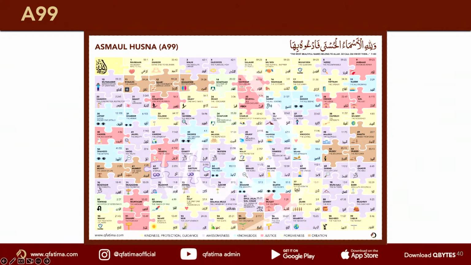People always ask for Ism Azam. The 2 from which all the names come are Ya Hayyu and Ya Qayyum. Battle of Badr. Can you find Hayy and Qayyum? We've actually highlighted them. Imam Ali said that in the Battle of Badr, he went to see what the Prophet was reciting all the time. And the Prophet was always reciting, Ya Hayyu, Ya Qayyum.